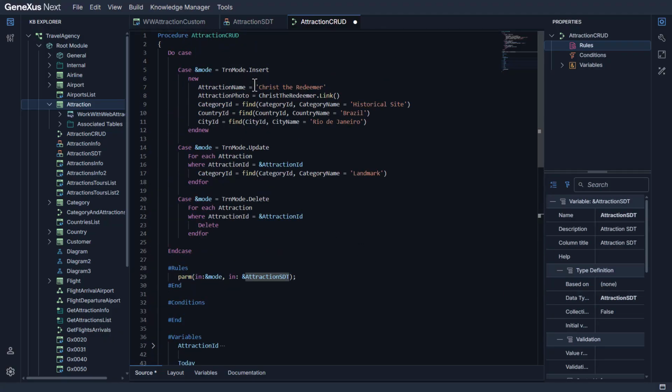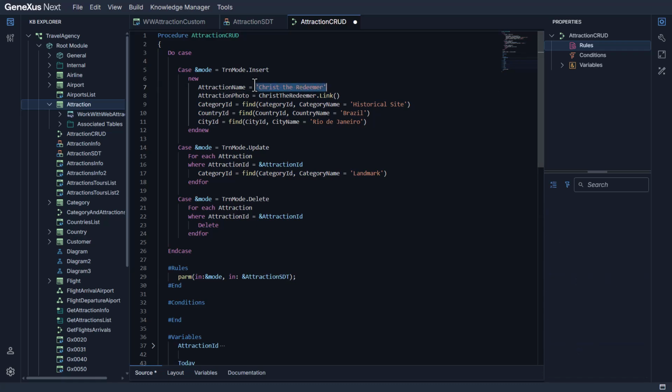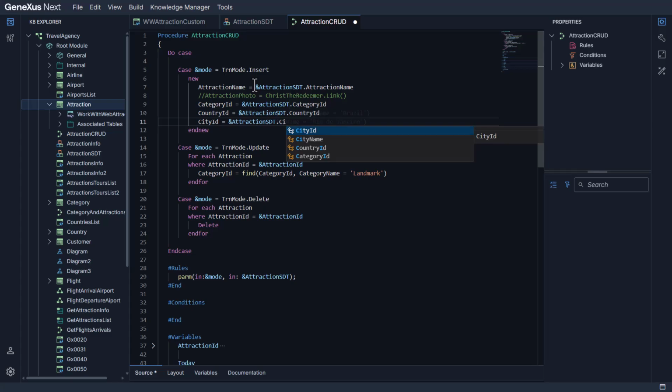Now let's assign to the record to be inserted the values included in the received SDT variable. Here, the attraction name member. For now, let's leave the photo unassigned since we removed the SDT member. And for these three attributes, these three members. With this, we will be inserting a new record into the attraction table using the values that come in the